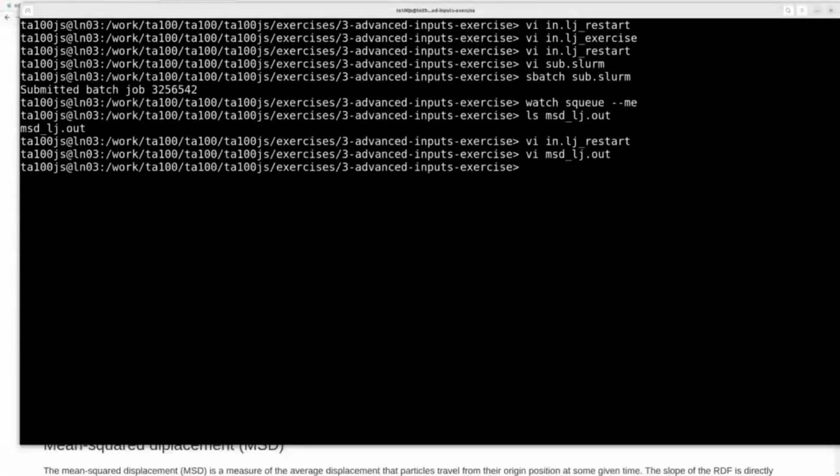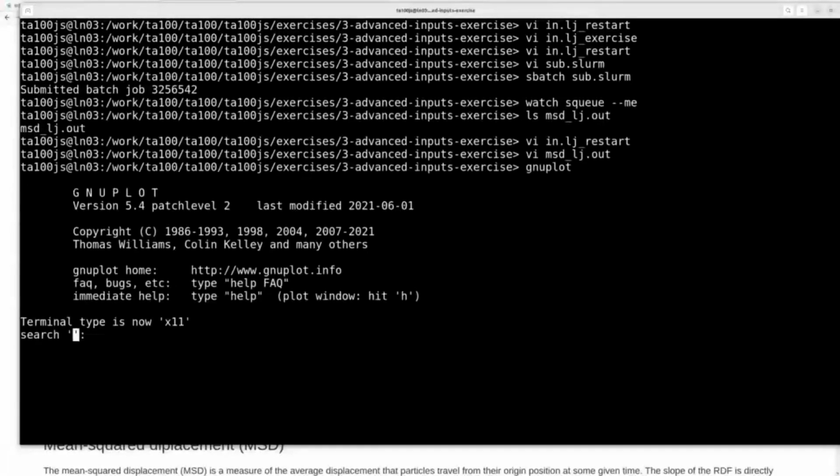If you're outputting more than once, it will always automatically generate an output at the very start of the run. If you are outputting whatever value it is more than once throughout your run, it will just append it to that same file, which means if you naively go to plot this,